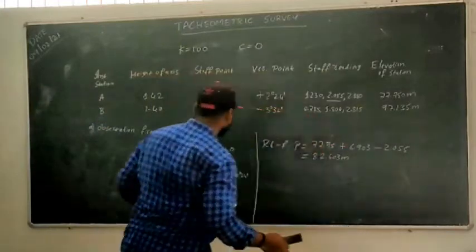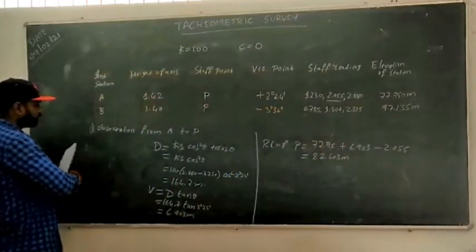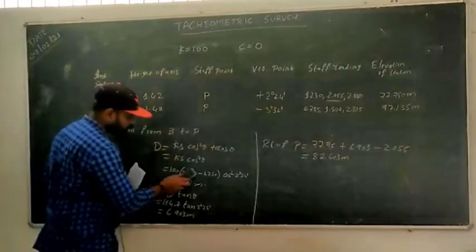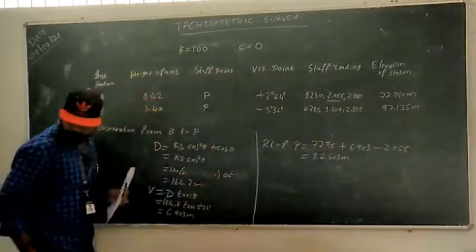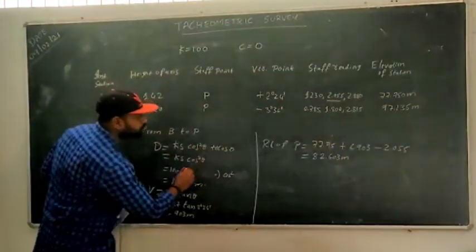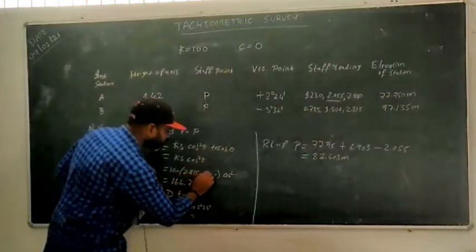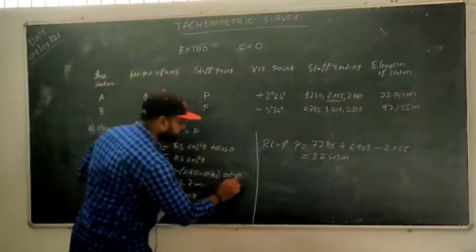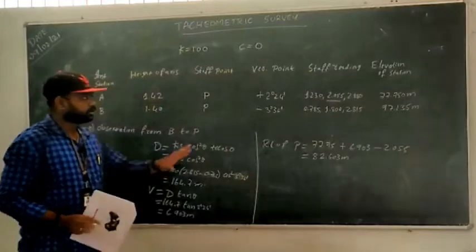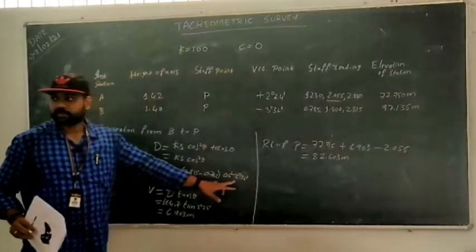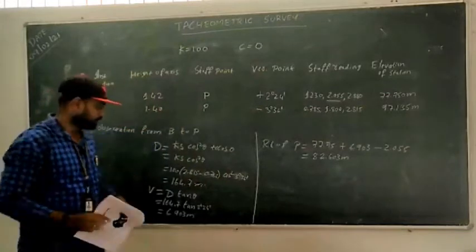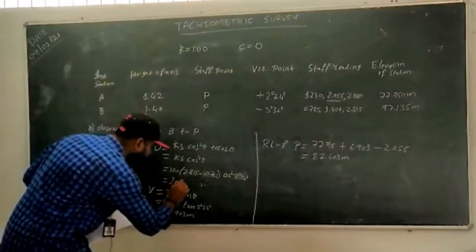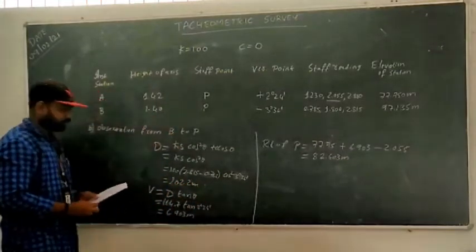Now similarly, we'll do it for the second observation, for observation B to P. Same equation we're going to have. What about S here? S will be 2.815 minus 0.785, cos square theta. Theta value is 3 degree 36 minute. This sign, don't put it here. You just think of it as a depression. So what is the D value? 202.2 meter.